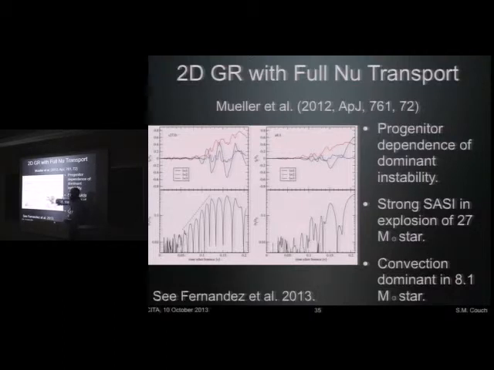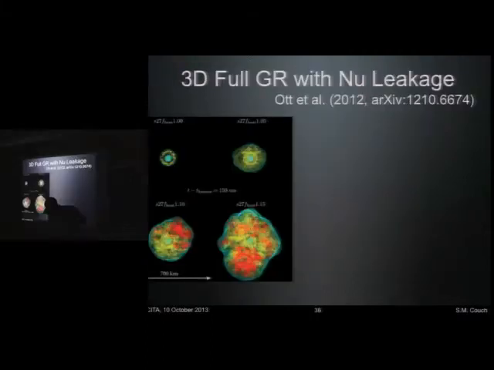It's important that they're 2D, I think. But here, the SASE is aiding explosion. Here, there is no SASE to aid explosion. It's possible. So, Auditol looked at the same 27 solar mass progenitor. This baby's getting some mileage.